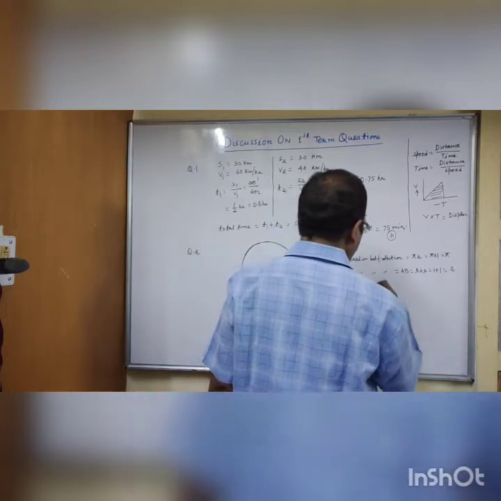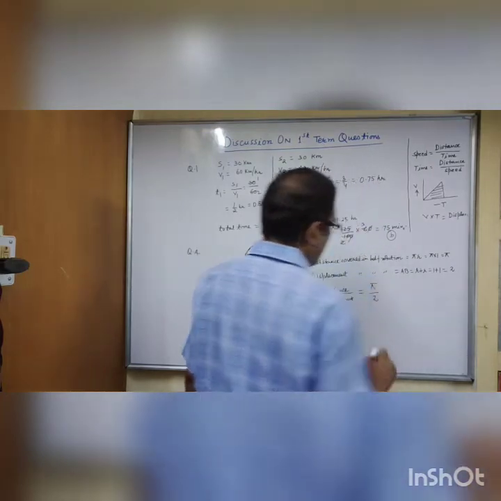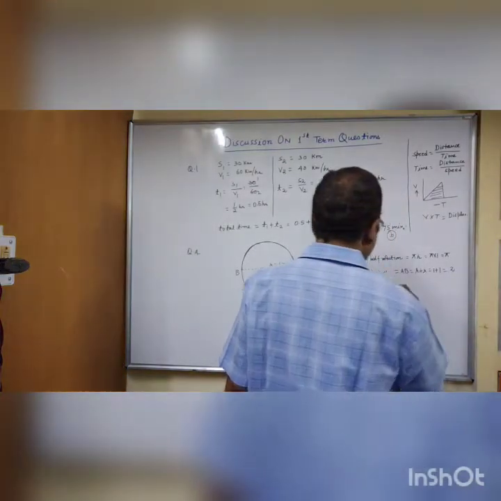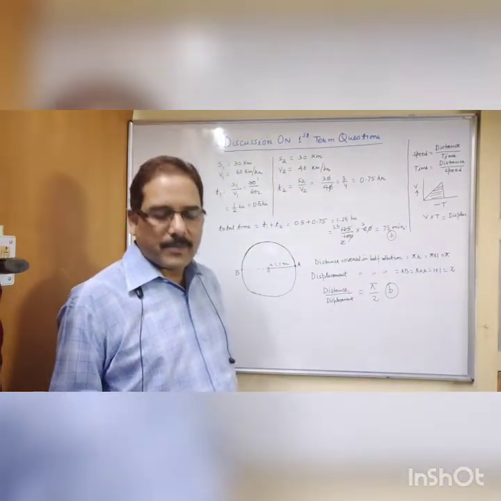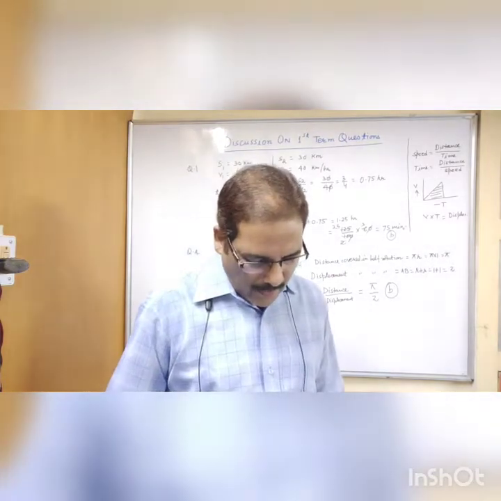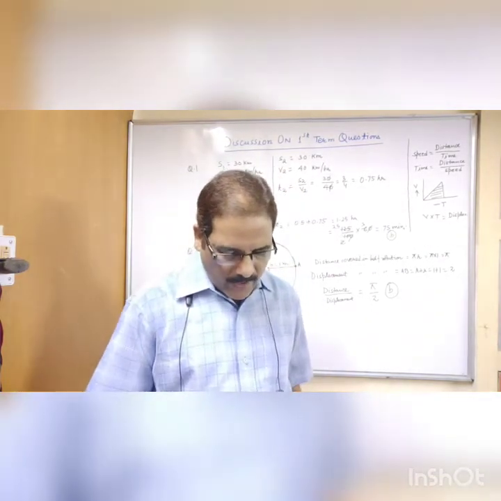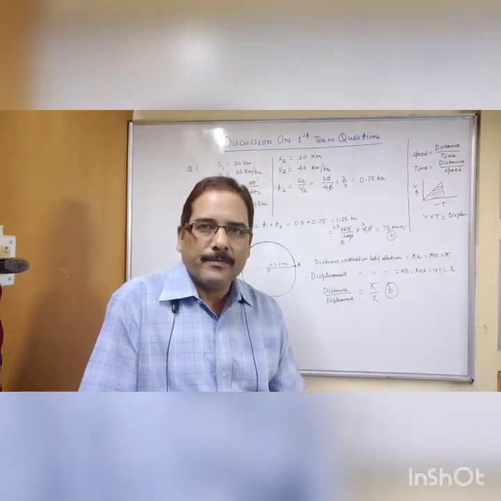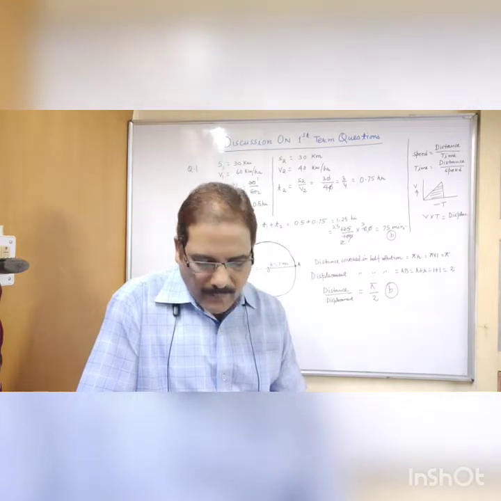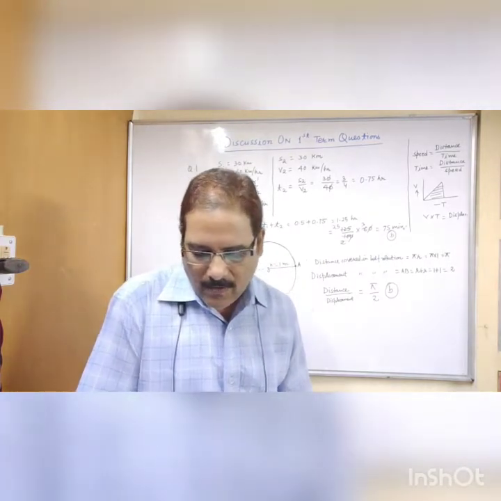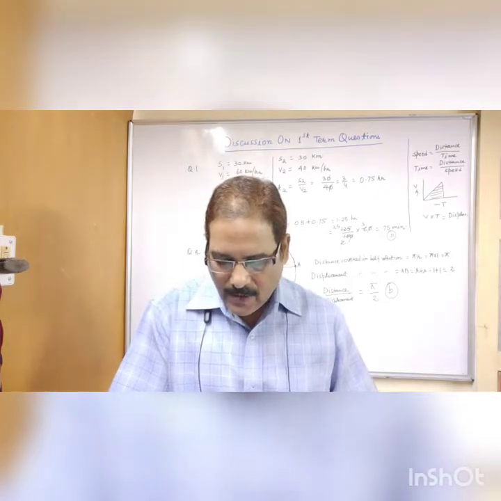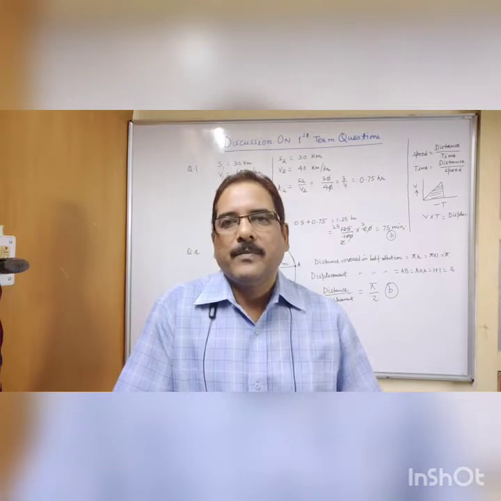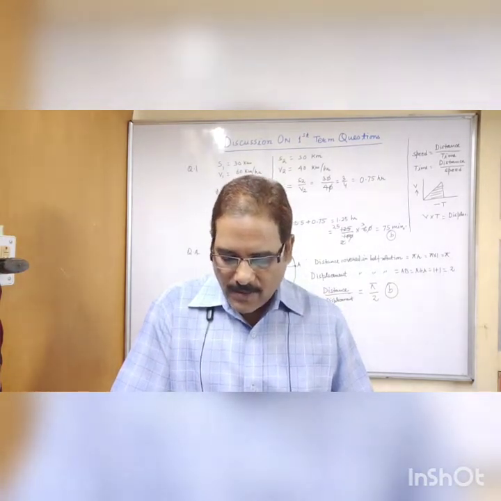So the ratio of these two will be simply pi by 2. So pi by 2, it means B option is correct. Then the fifth question is, rocket works on the principle of conservation of linear momentum, isn't it? Then sixth, inertia of a body is the quantity measure of its velocity, acceleration, mass and force. So I have discussed earlier that inertia depends on the mass of the object. So C option is correct.